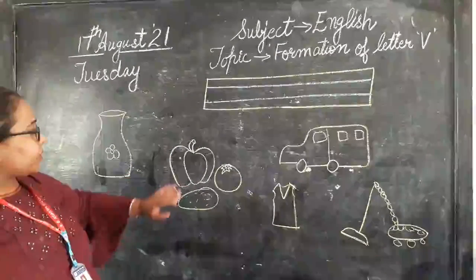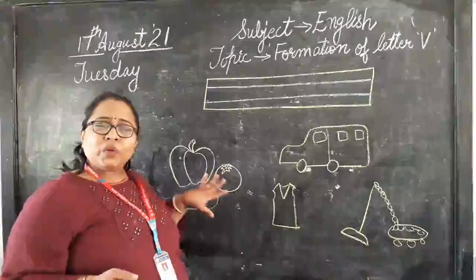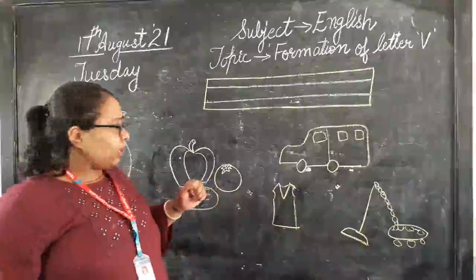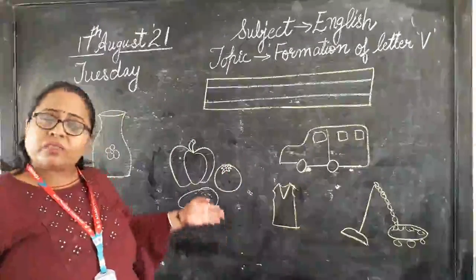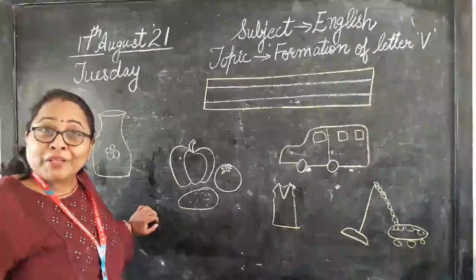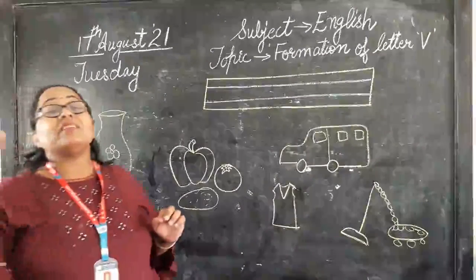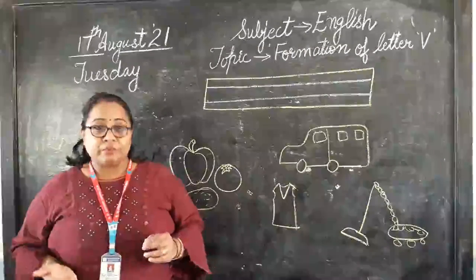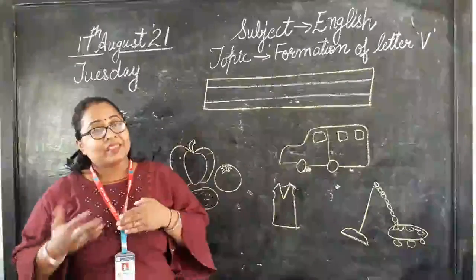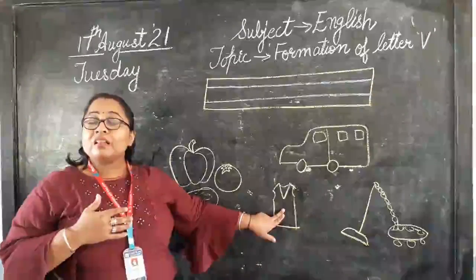Now, what are these? I have a pumpkin here. I have potato. I have tomato. What are they doing here? हम तो letter V के बारे में बात कर रहे हैं. अब pumpkin, potato, tomatoes क्या कर रहे हैं? They are vegetables, isn't it? Vegetables. Again, when we are saying the word vegetables, verb, vegetables. Clear?